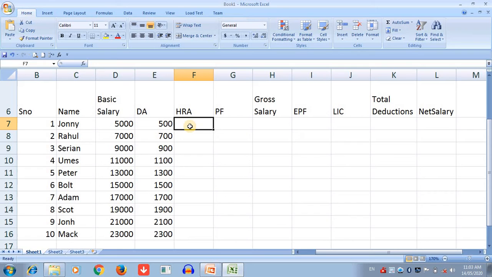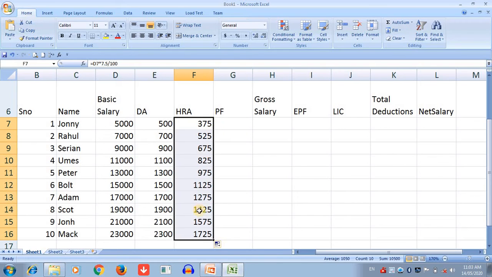Now find out HRA. What is the HRA? 7.5% from the basic salary. Same process, just select your basic salary into 7.5 divided by 100. Press enter and double click here, and after that it is automatically calculated.